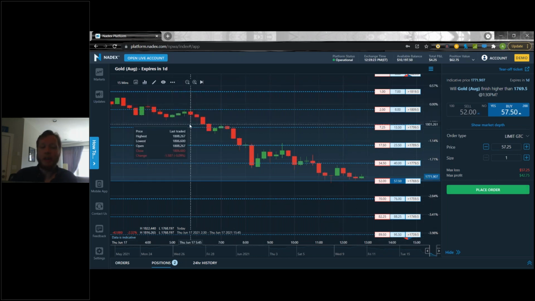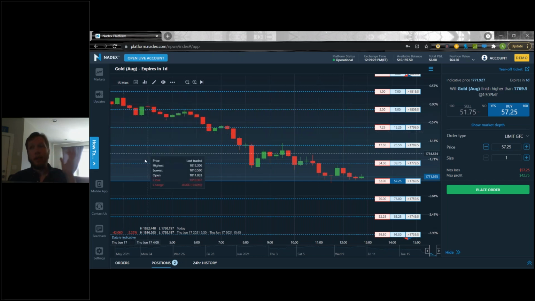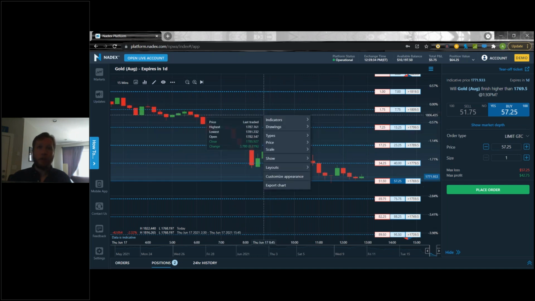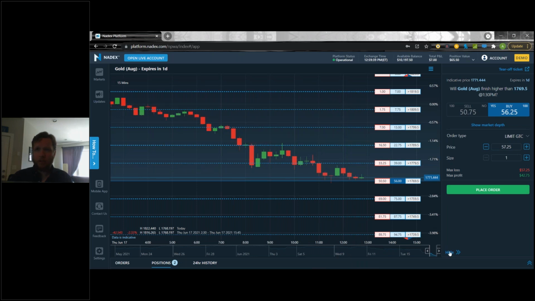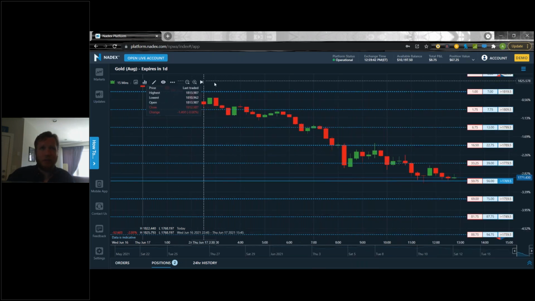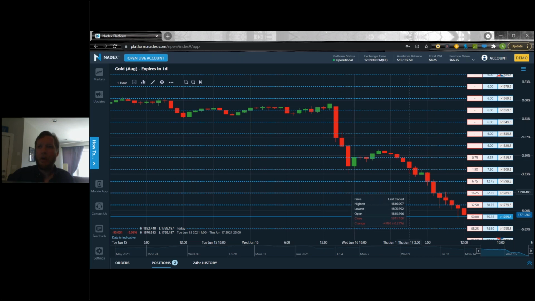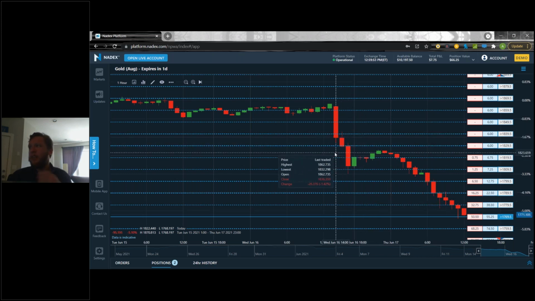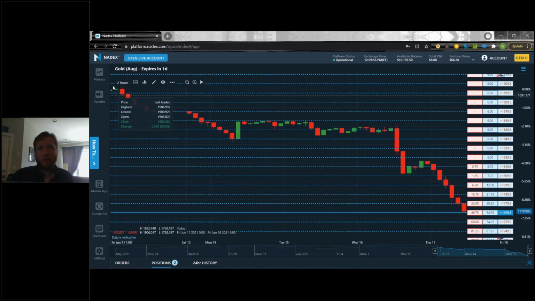All of the different tools you can use, the different indicators, different charting tools, you can either access from the top left corner of the screen up here, or you can right click on the chart itself, and it's going to bring up this list that you can access everything from. I usually use the right click method, but I'll use this just for a second to show everyone. First of all, choosing this right here will choose your different candlestick times. So I can do hour candlesticks. Now all my candlesticks are displaying the last hour of charting information. I can do 2 hours, right? So I can change all of these.